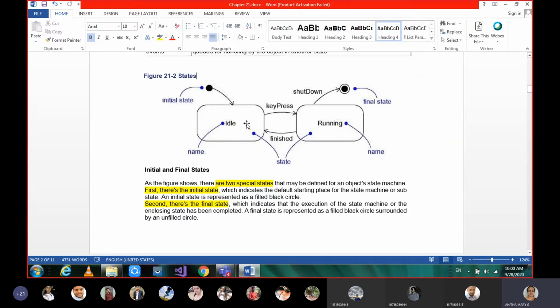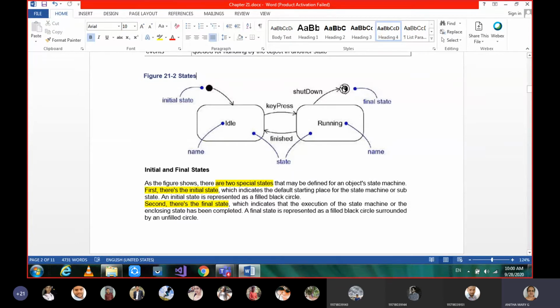In the idle state, when you press the key, when you switch it on, it will be in the running state. Once the water is hot, or you can see the lights there, automatically sometimes it may go to the idle state. And when you switch on again, it will be in the running state. And finally you can shut down, switch it off. That is the final state. That is what we see in this diagram.